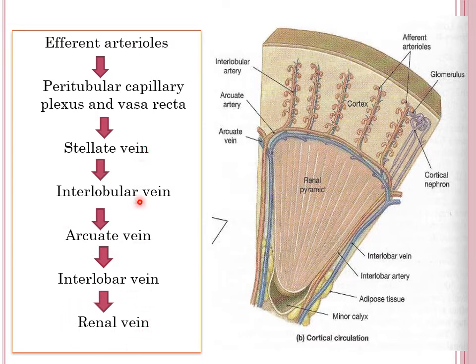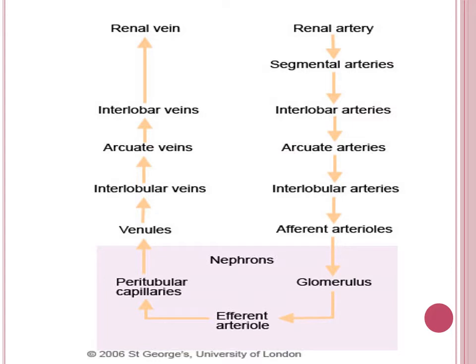Here the branches of the veins are almost running parallel to those of the arteries. Now this is a summary of this flow chart showing the blood flow. Starting from the renal artery, it will divide ultimately to form the afferent arterioles that will form the glomerulus, the primary portion of the nephron. That continues as the efferent arteriole that will divide either into the peritubular capillary or into the vasa recta. This part is present within the nephron. Then they will continue as a vein and leave the kidney.